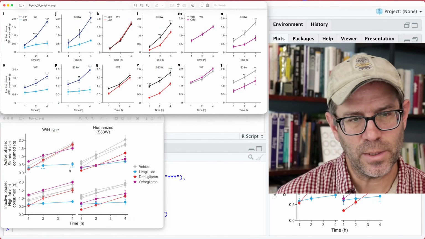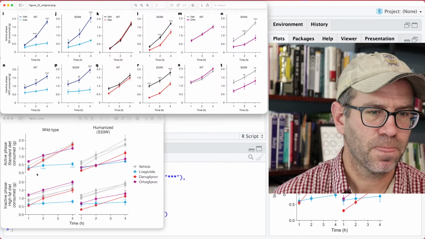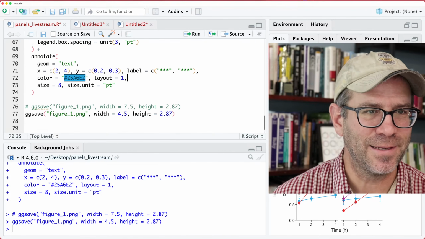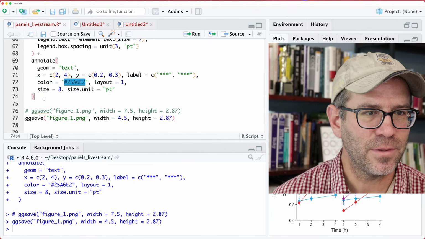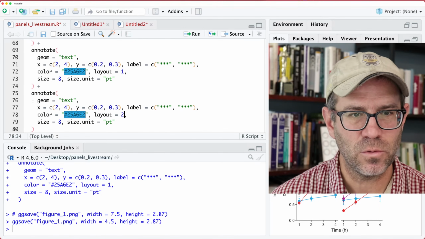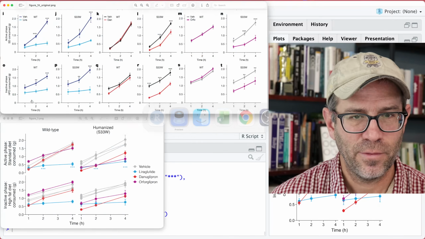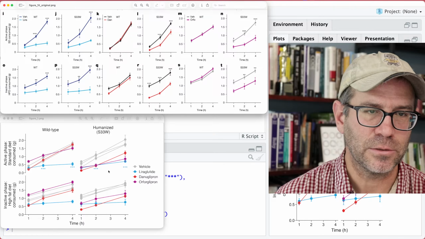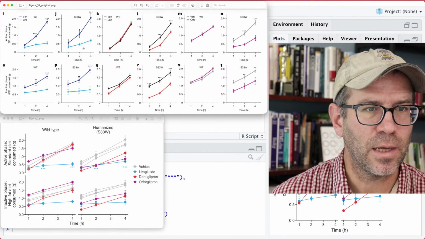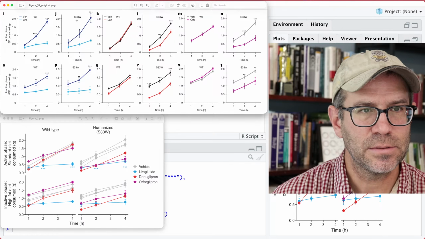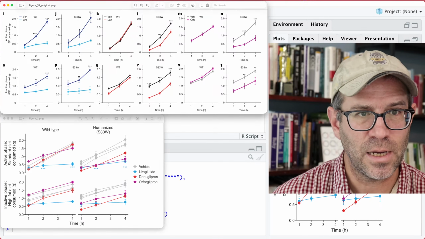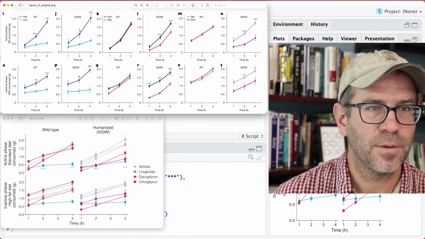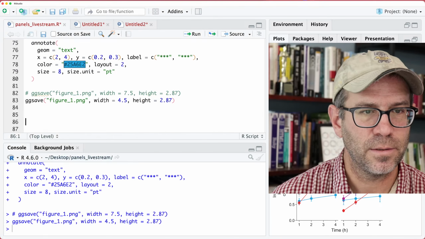No errors. And then we can see we've got those blue stars, right? Cool. So now we basically want to wash and repeat. So I'm going to go ahead and copy this down. And this is going to be layout 2. And again, this is wrong, but it's going to put it right over here for panel 2. And so if we look at the humanized, which again is this S33W on the top row, so it's going to be J, L, and N, then the blue is going to be a single star and triple star,